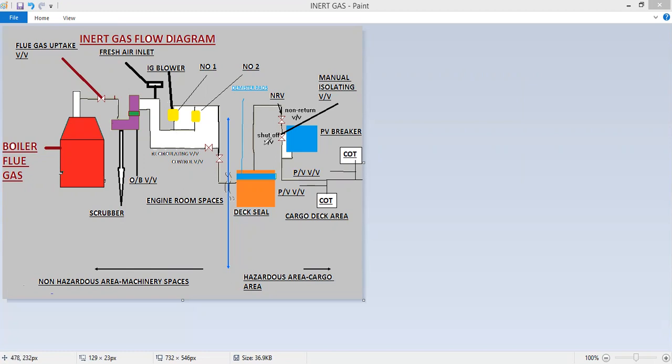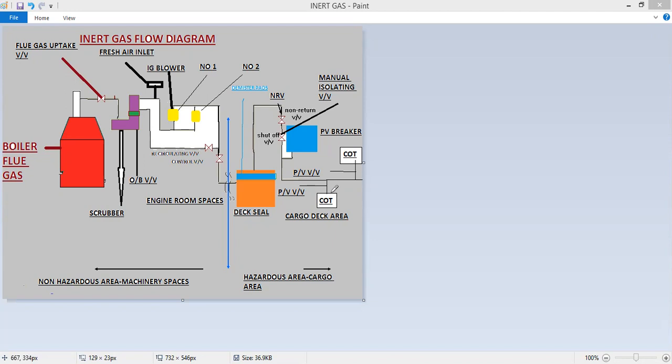Now, if you see the tankers, especially the crude oil tankers or product tankers, so basically the oil tankers, inside a cargo oil tank, a fuel is present, that is a combustible material. Then static electricity is always present, that is a source of ignition, and the chain reaction is always there. The fourth side is the oxygen or the air, which we can cut. And if we are able to achieve that, then the fire or explosion will not take place in a COT.